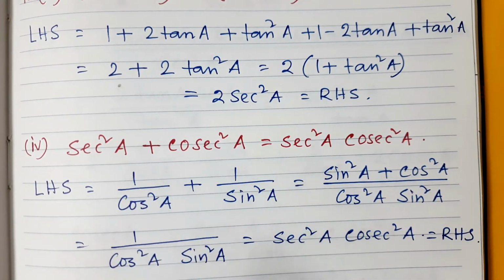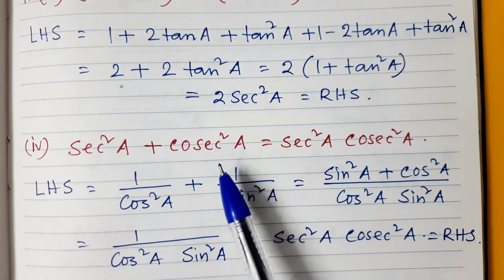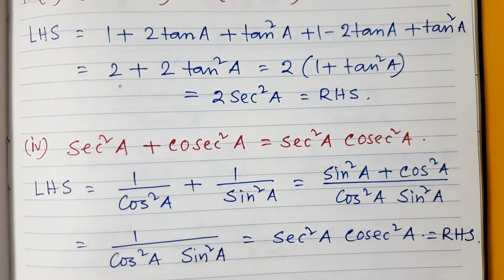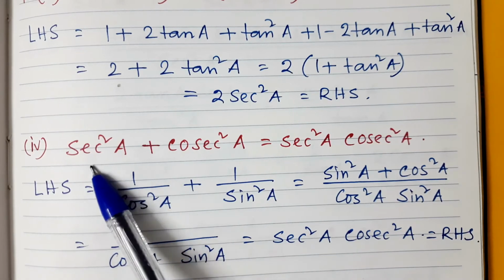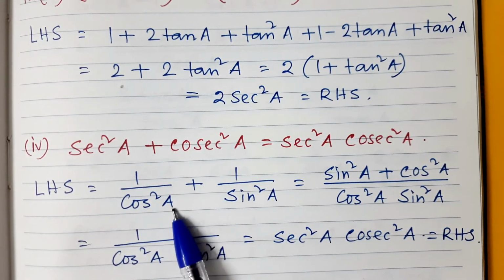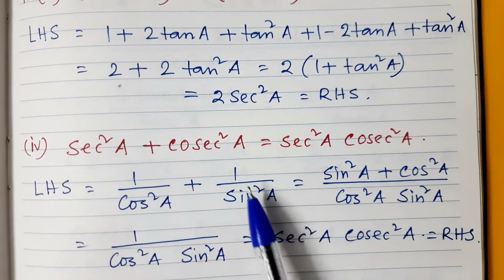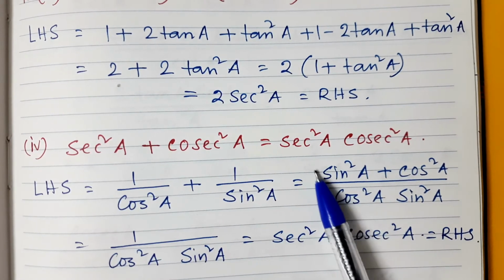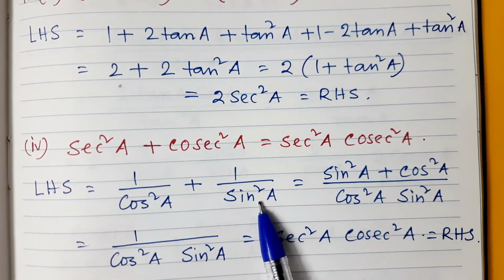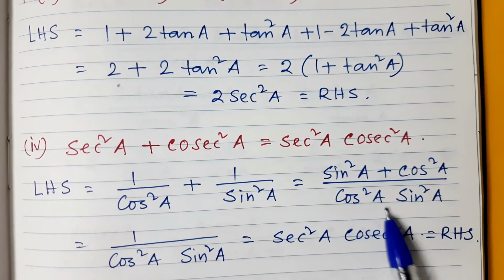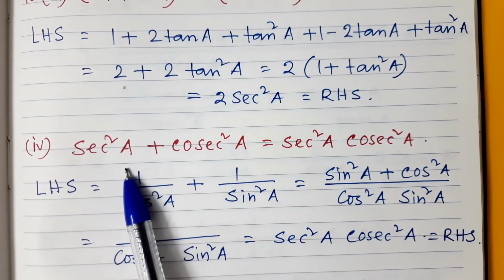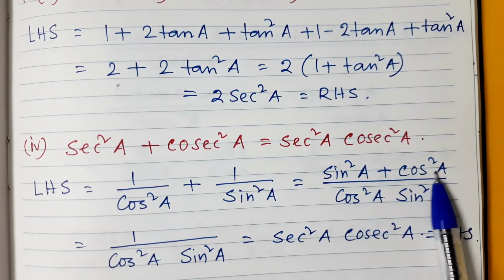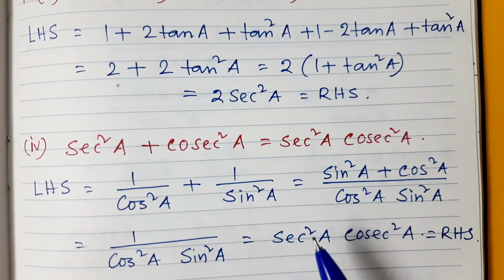Okay, so see here this is the left hand side. Okay, now I am writing sec and this cosec in terms of sine or cos. Okay, so this sec square a, this is 1 by cos square a, that is the formula, and cosec square a, that is 1 by sine square a, because cosec a is 1 by sine a, isn't it? So after that we will just do the LCM. So it is cos square a into sine square a, and this sine square go up and this cos square go up. So it is sine square a plus cos square a.